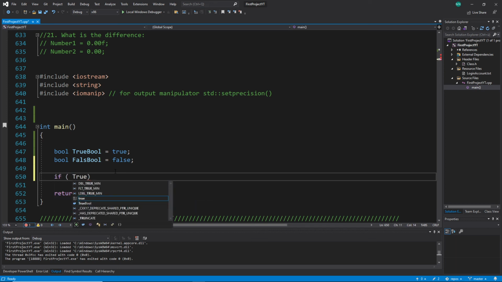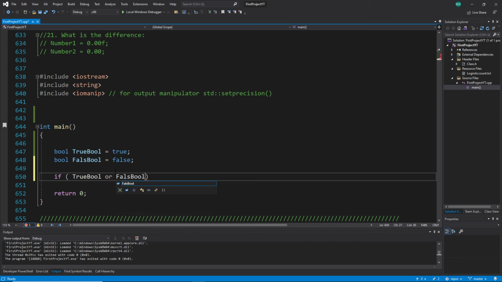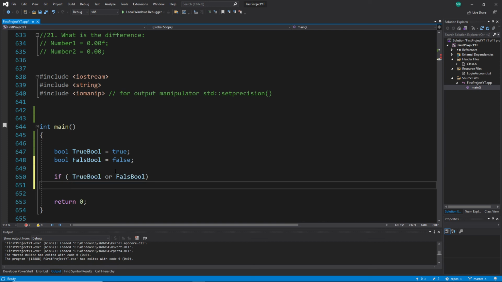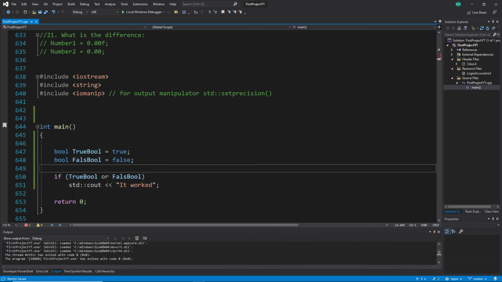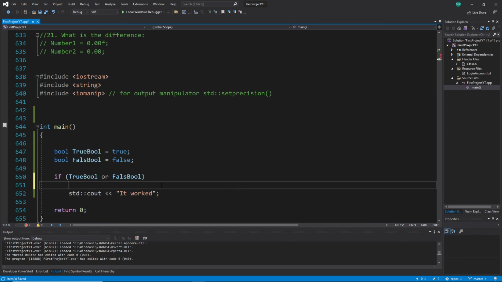true bool or false bool, one of them is true, what can I do now? And if I use the shortcut when I have only one statement, std cout, for example, what can we print out? It worked. You see, that's already a very simple example, not very creative. And here I do not use the curly braces because we have here only one statement. We should get used to it, but I will still use the curly braces